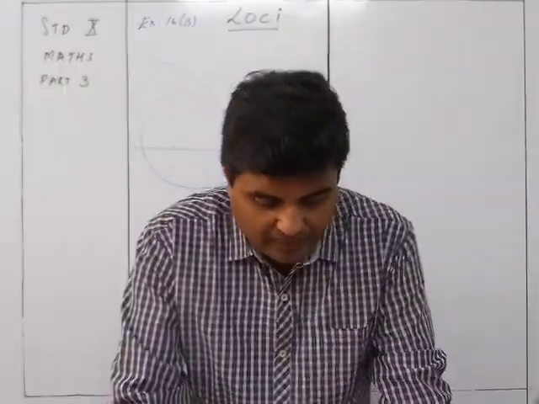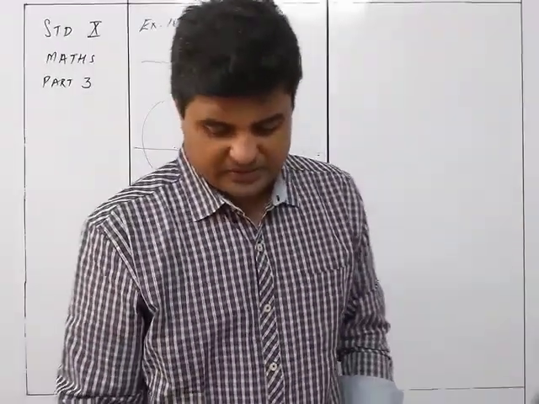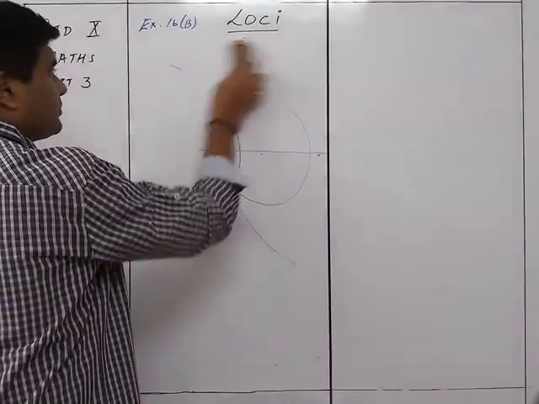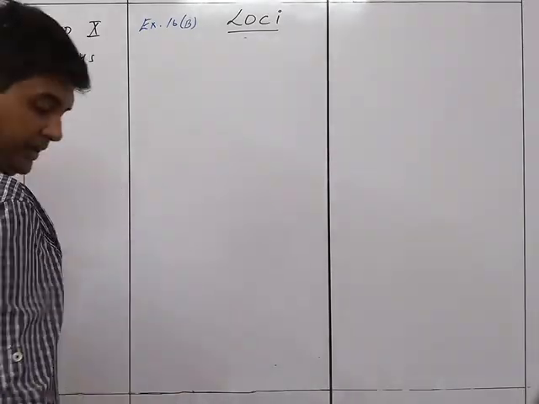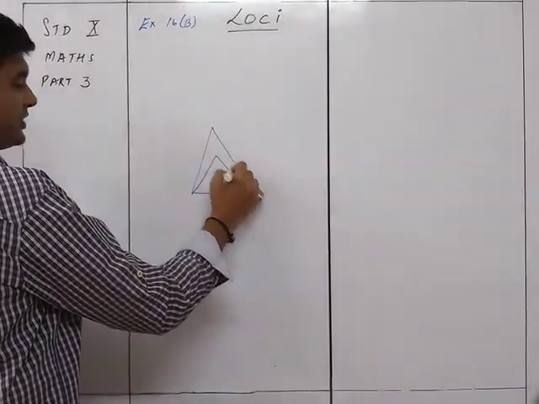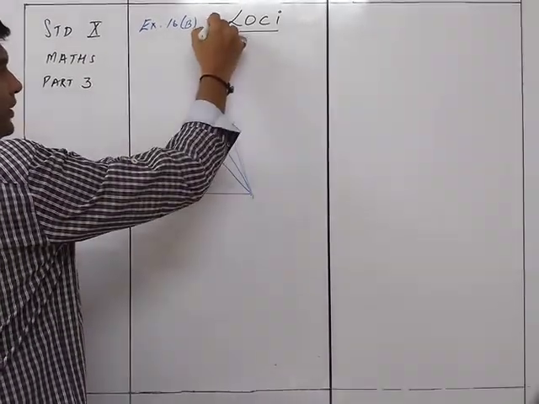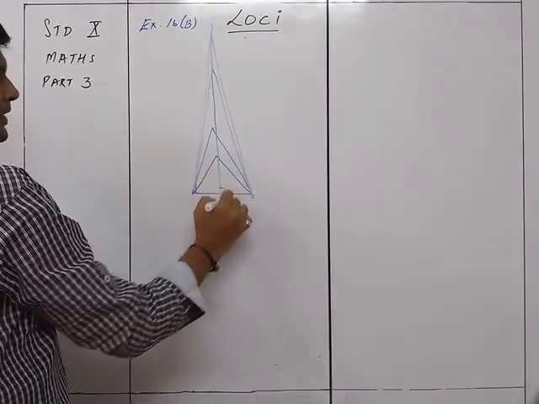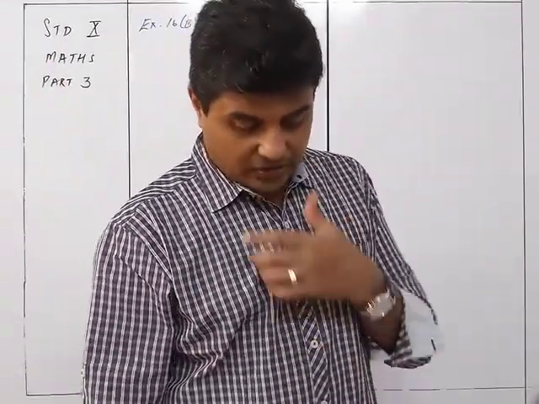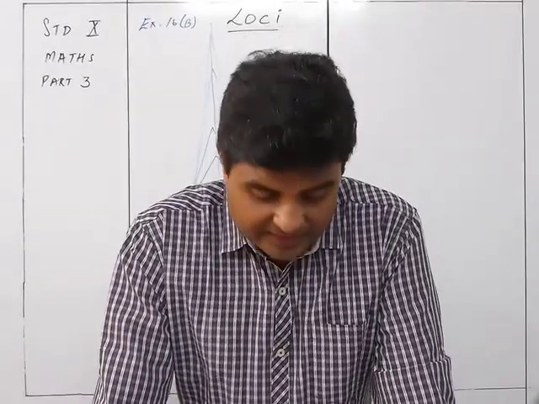We now move on to sum number 10. Locus of the vertices of all the isosceles triangles having the common base. Now that will be again the perpendicular bisector of the base. Why? Let's see this. If I have this particular isosceles triangle over here, on the same base I draw another isosceles triangle here, or another isosceles triangle here, or another here, you will find that all these vertices will lie on the perpendicular bisector of this base. So question number 10 will be the perpendicular bisector of the base. That is question 10.